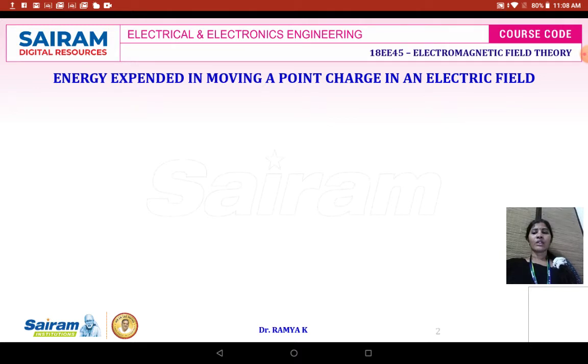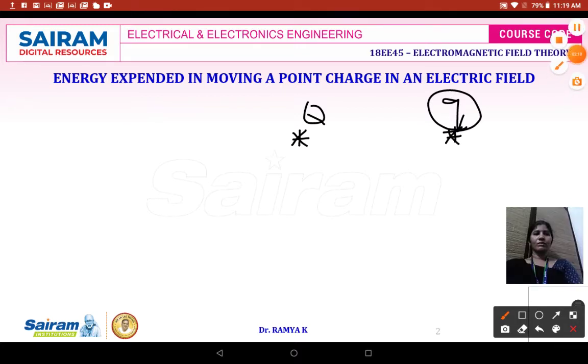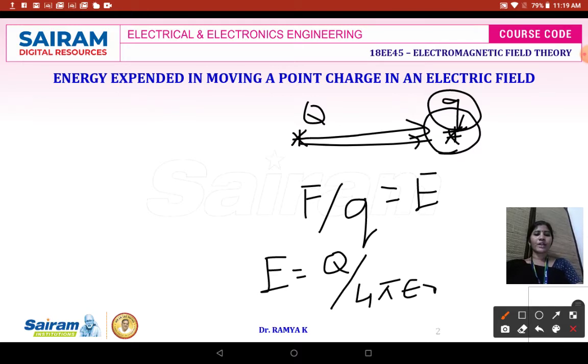Now, after experiencing the force between the two charges according to Coulomb's law, when we consider one charge to be the test charge, for example if we consider Q to be the test charge, when two charges are available there will be a force of attraction or repulsion. The force acting on this unit positive test charge exhibits an electric field intensity E, which we can write as E = Q / (4 pi epsilon R^2). So this is the formula for your electric field intensity.